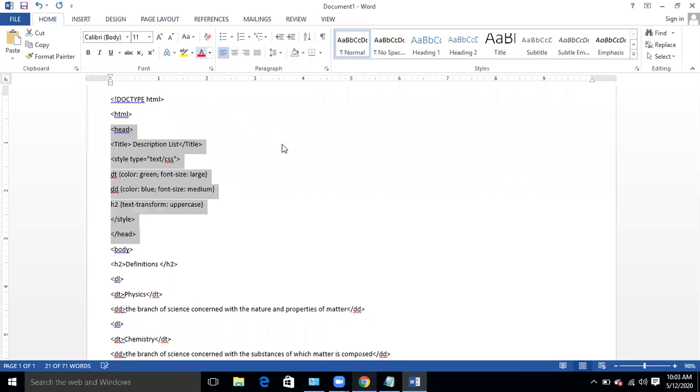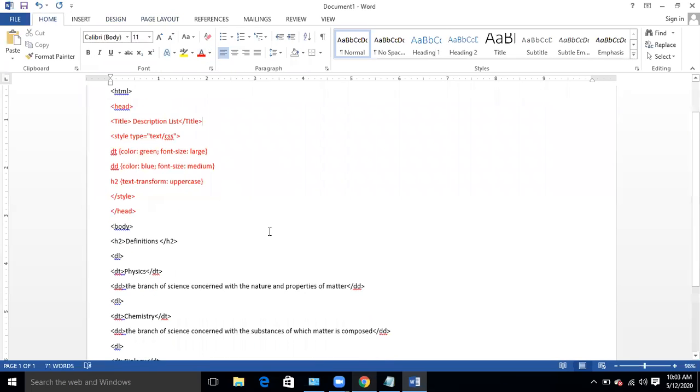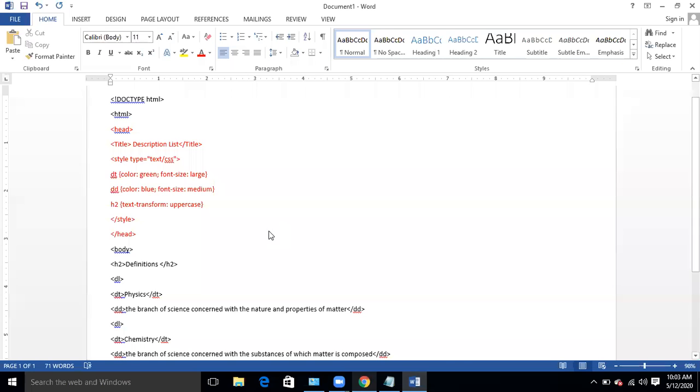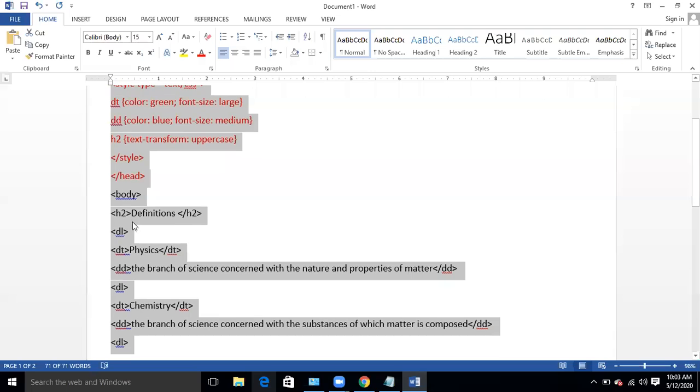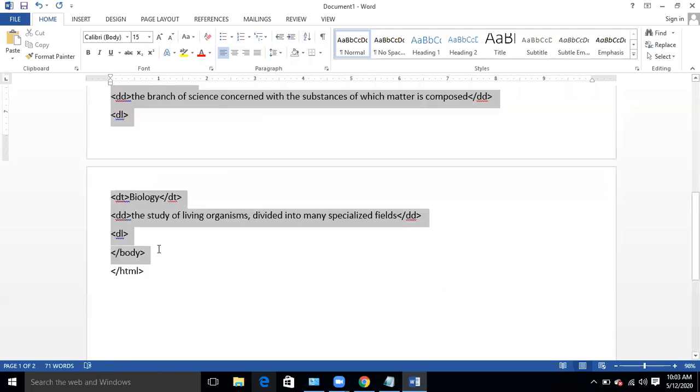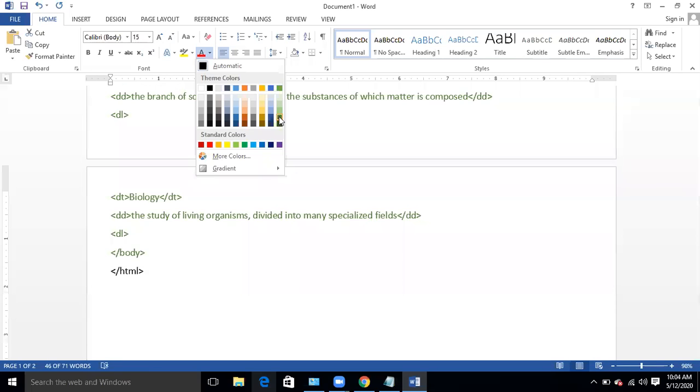I am showing you the head in red color. And this is the portion which is the body. I am showing you the body in green color, so that you can differentiate between them.